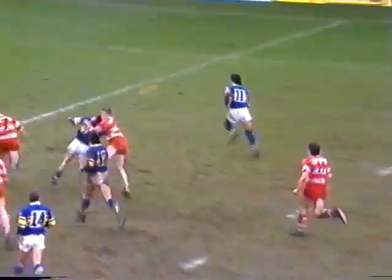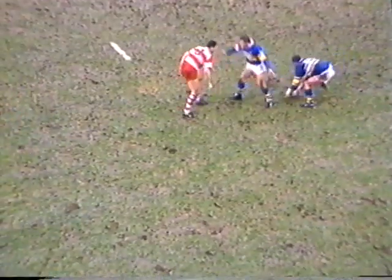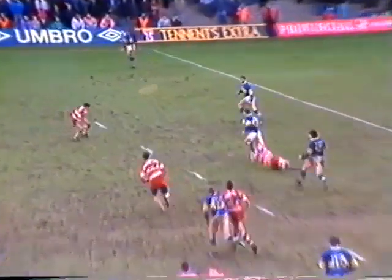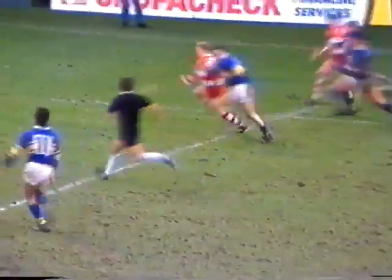Walton. Going himself. Schofield. Could be something here. Oh, he wrong-foots all the defence and romps under the post. Walton. Schofield. On the ball away there to David Creaser. And again a pass to Bentley. Schofield going himself. Showing the ball. Still going, Gary Schofield. Turning the defence inside out. I'm going to score a great try under the post. Oh, a great try for Gary